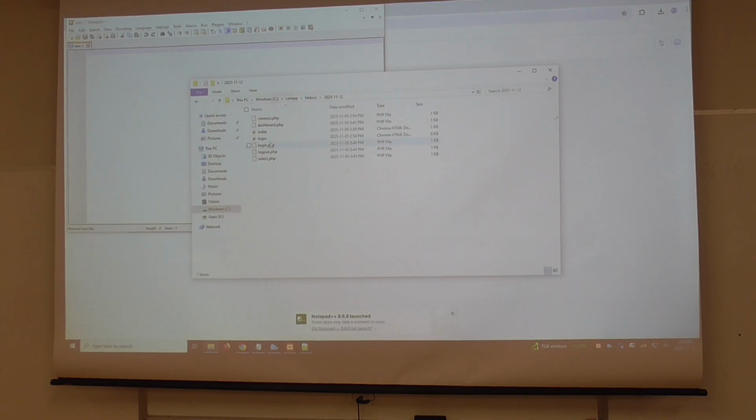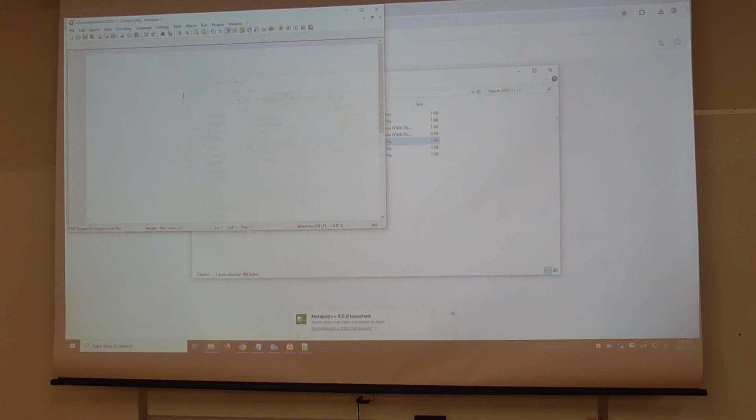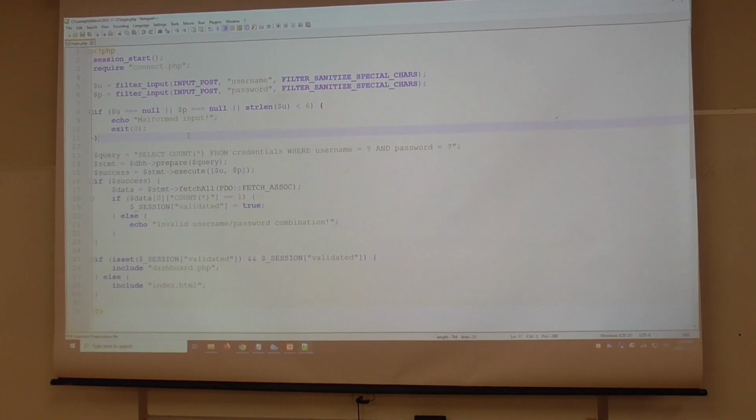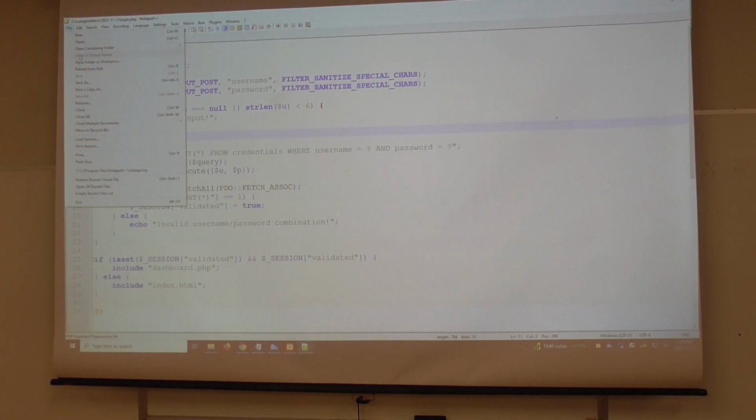Let's take a look at, do we even have a registration script? Well, that's something we need, isn't it? Registration is somewhat similar to login. So let's pull login in. There we go. File, save that.